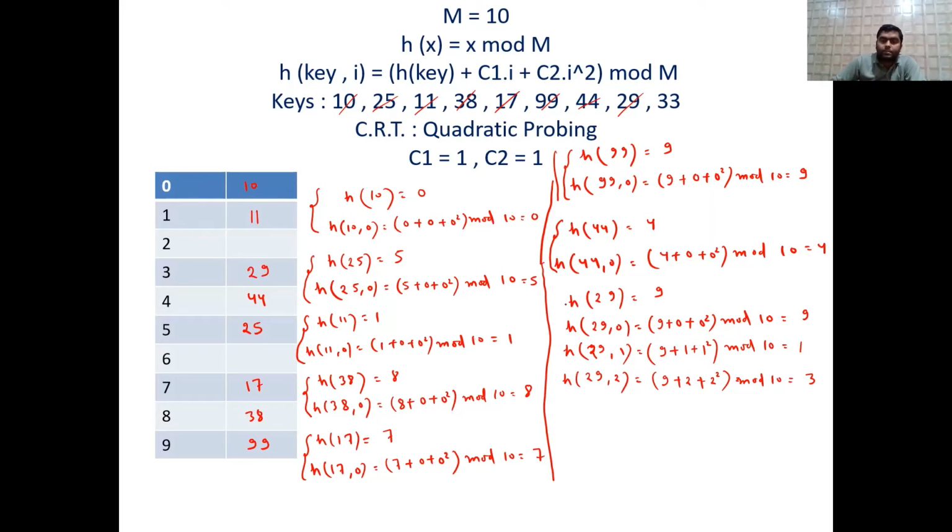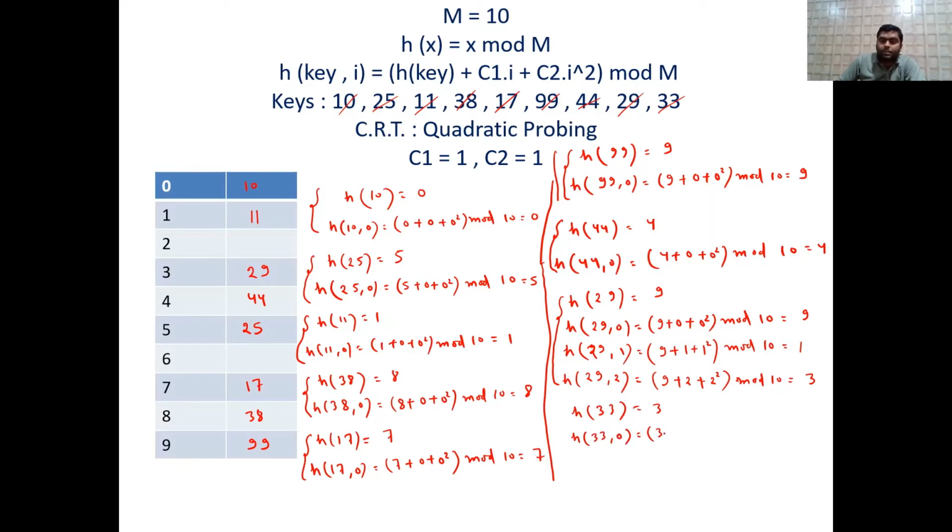So perfect. So this is the case over here. And now the last one is 33. So h of 33, let me do this also. h of 33, 33 mod 10 आएगा आपका 3. तो पहले हम 0 या 31 पे कैलकुलेट करते हैं. तो h of 33 probe number 0.